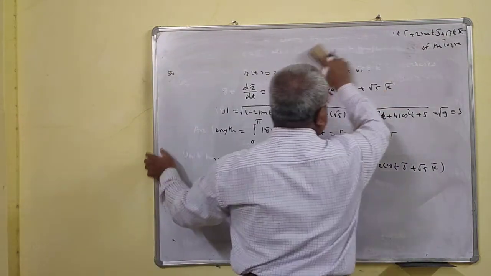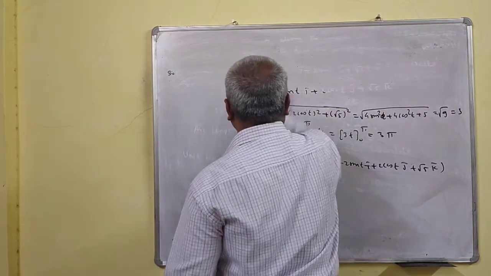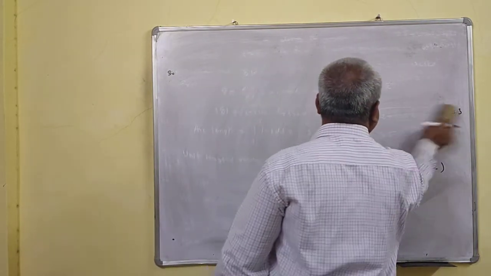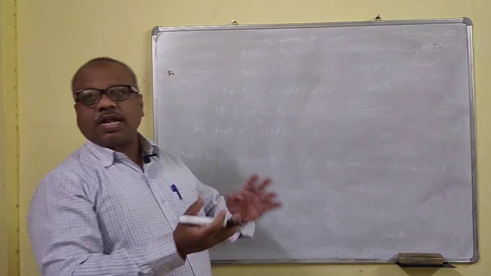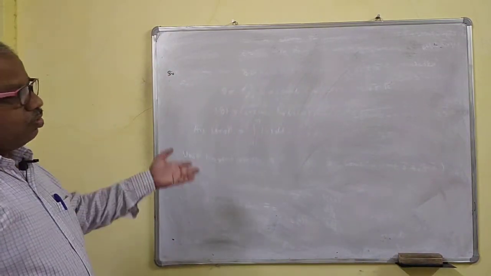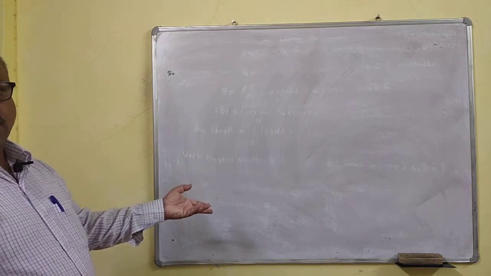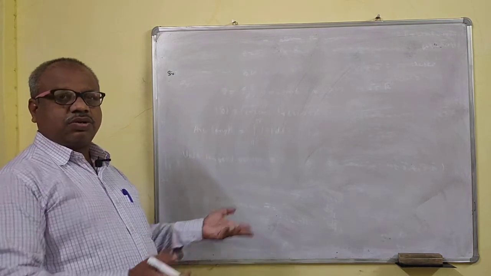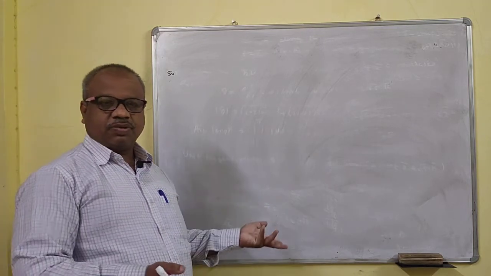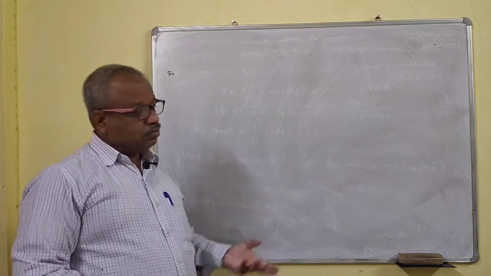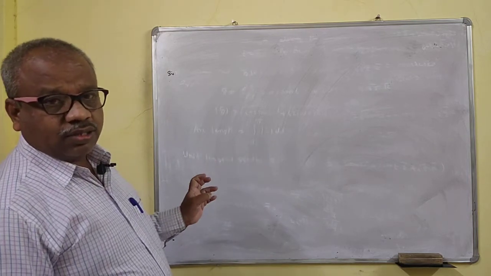Orally also you can solve this problem. Orally you can find the arc length. I only have to take the modulus of that one and integrate that. So your modulus is constant, and the integration of a constant is constant times t, with limits 0 to pi. The lower limit is 0, so you have to put only the upper limit. So within a minute you can find the arc length of the curve.